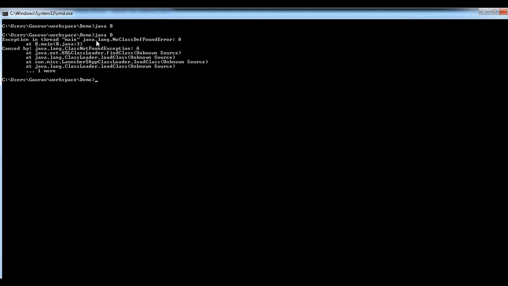So it is giving us a NoClassDefFoundError because the class was not found. So such situations where the classes are present at compile time but not present at runtime will give you a NoClassDefFoundError. And if the class itself is not found, it will give you a ClassNotFoundException.